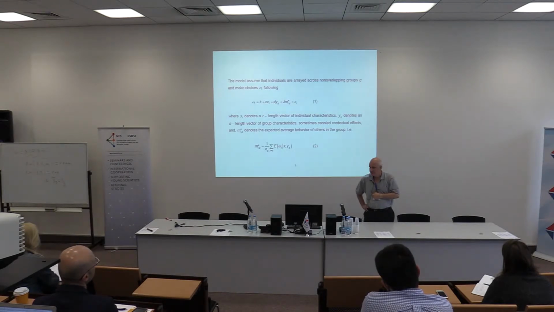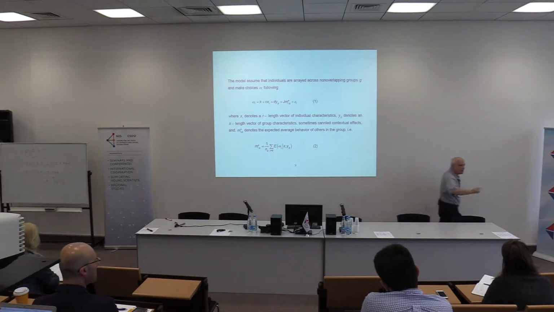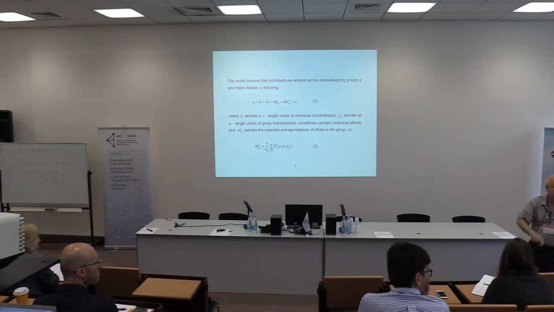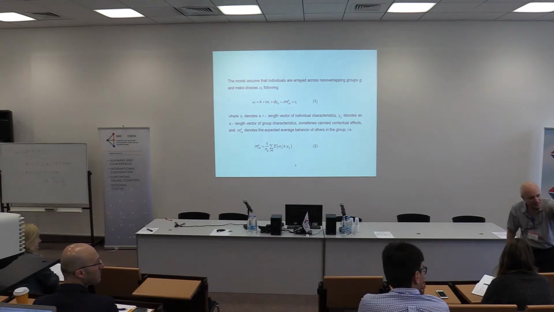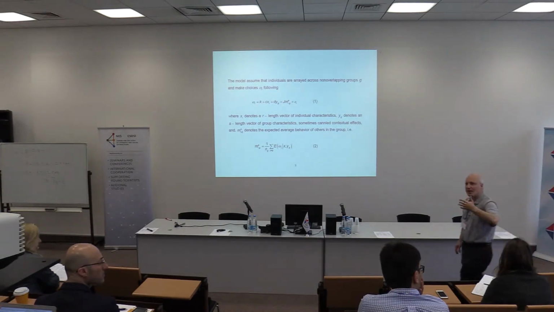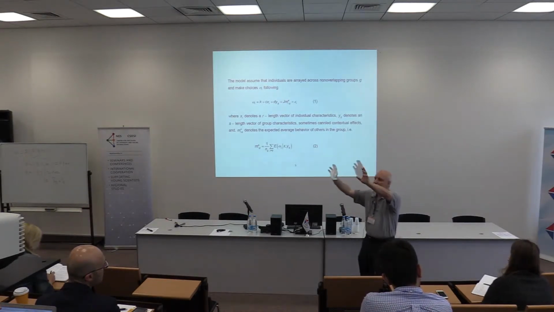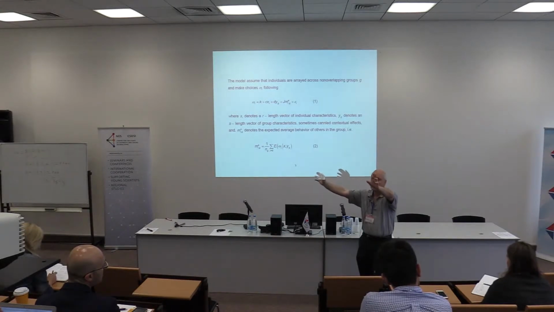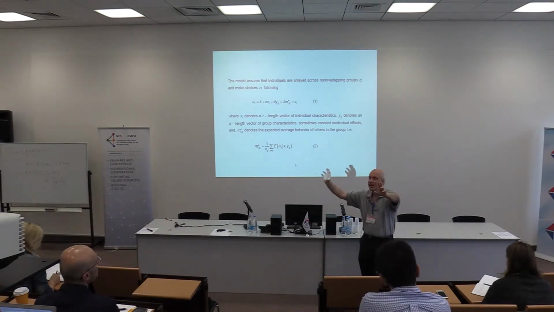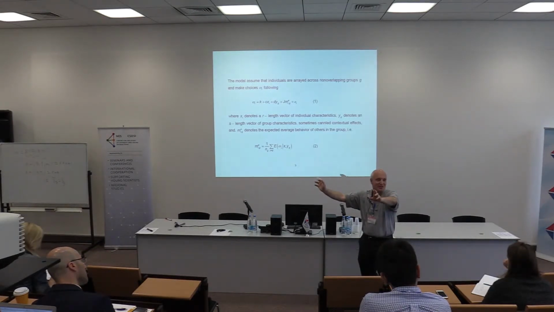Why? How does two-stage least squares work? If I say that your behavior depends on her behavior, and I need to use instrumental variables for you, what am I doing? I replace in the equation for you his omega with the expected value of his omega. That's all two-stage least squares does. So in other words, a way to understand classical simultaneous equations is you have a set of endogenous variables. Each endogenous variable depends on the other endogenous variables. To do instrumental variables, two-stage least squares is to replace each of the right-hand side endogenous variables with its conditional expectation.